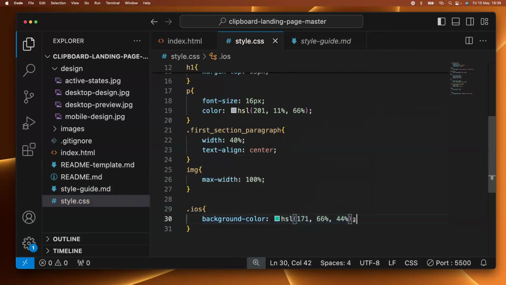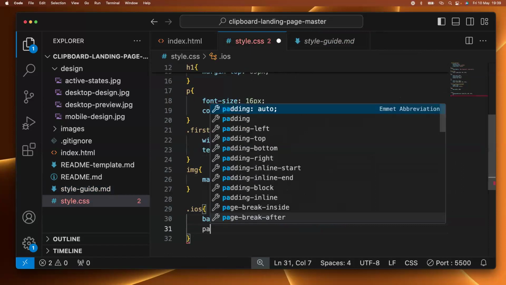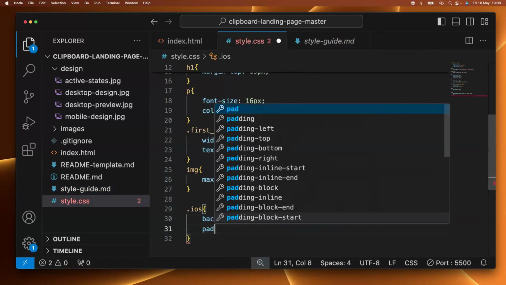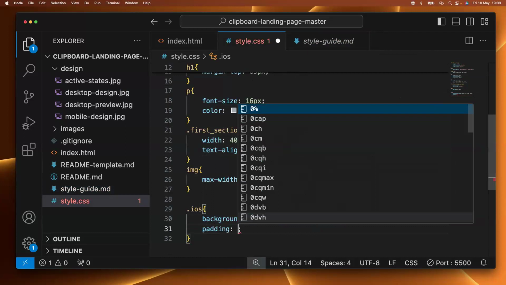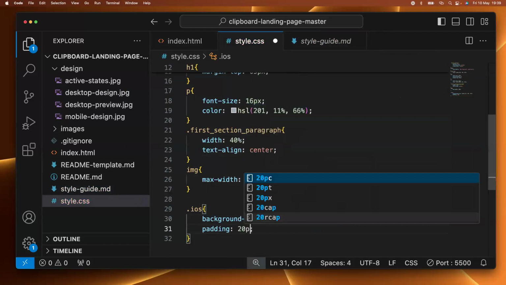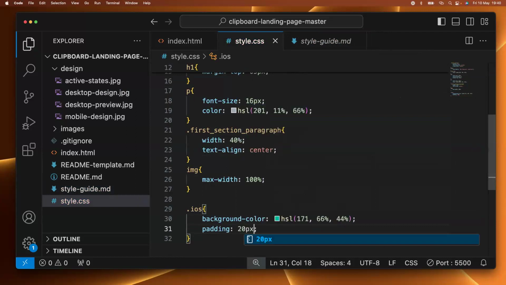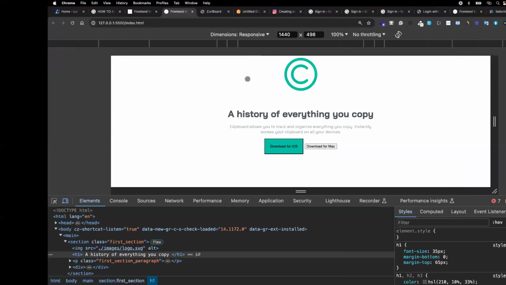Paste here. Then while this is still here, I would want to add a padding to it. Padding of, let's say, let me just give it 20 pixel right now. And let's see. Okay, this is 20 pixel, but in the design,